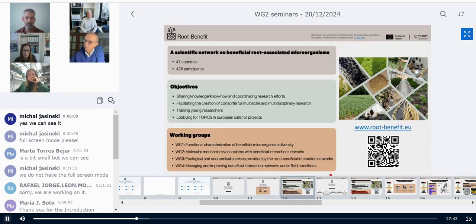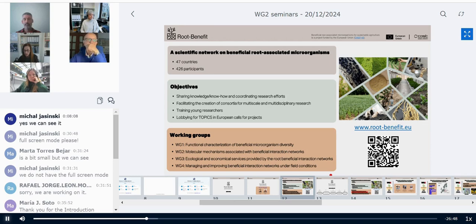Some brief notes about this COST Action for those who are not very well connected with it. As I already mentioned, this is a scientific network connecting people interested in the beneficial root associations of plants. Benoit already sent me some information, so we already have 50 countries participating in this action, which is very nice, and there are many people, many countries interested. More than 500 participants from all over Europe. Also, there are some countries like Australia and the United States. So it seems that it's a very nice action, and many people want to be involved, which is good